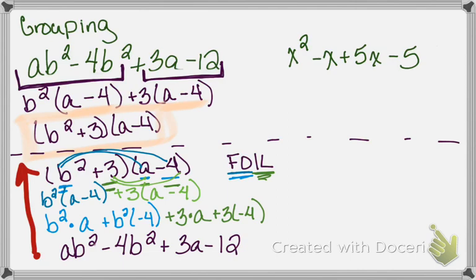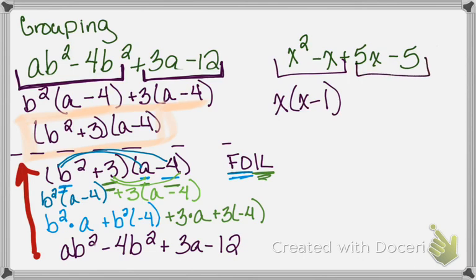Okay, can I go to the next screen? Oh, no, we've got another one to do. So I've got x squared minus x plus 5x minus 5. Okay, what comes out of the first two? X. So I have x on the outside, and I'm left with what? X minus 1. What comes out of the next two? And then what am I left with? Okay, so I have x plus 5